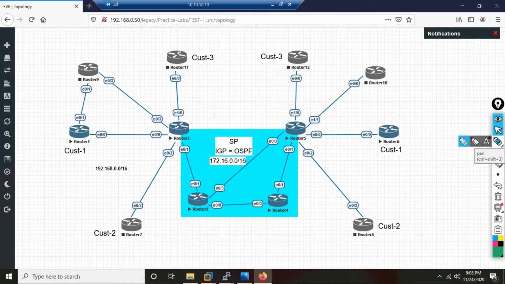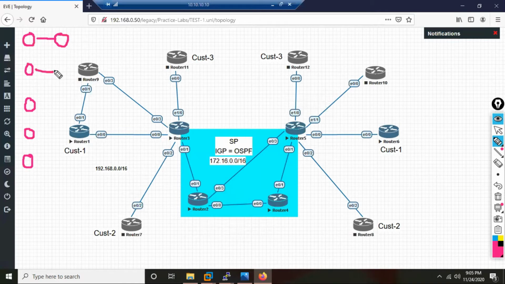It's like this. Maybe let me draw this for you. Let's say I have here multiple customers. Let's say different customers like that. Let's say 5 customers. So what is my requirement? Let's say all are EIGRP 100. I want to keep every customer's route separate. What I do? I connect them to every customer. I provide every separate router. This is separate.